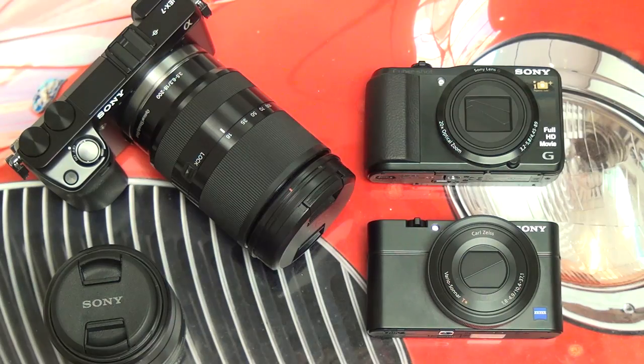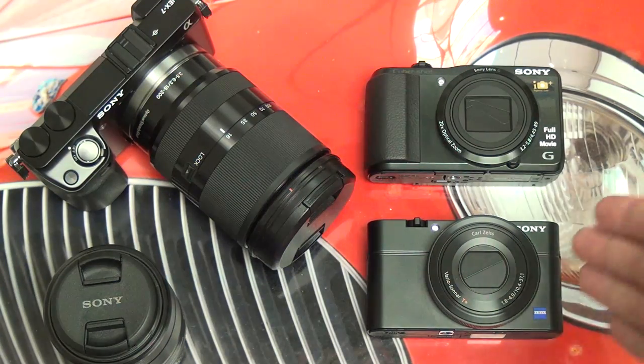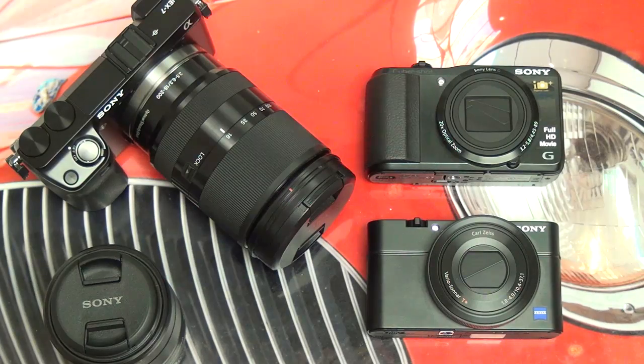my experience with two great point-and-shoot cameras manufactured by Sony. You've got the HX30V, but you can also consider it the 20V for our purposes here in the review, as well as the RX100. Now, even though they're both part of the CyberShot family, they're of course vastly different, not only in price, but also in what they represent in terms of imaging